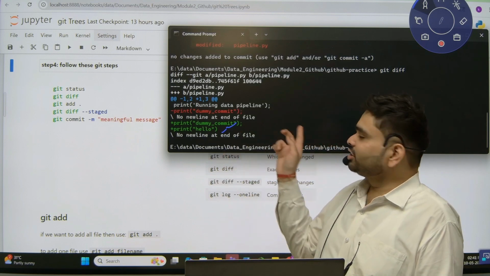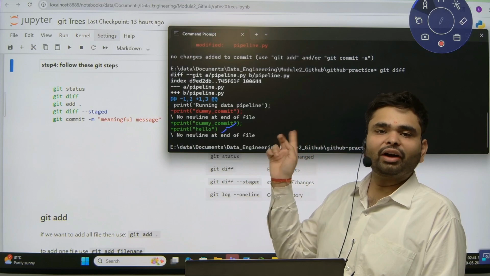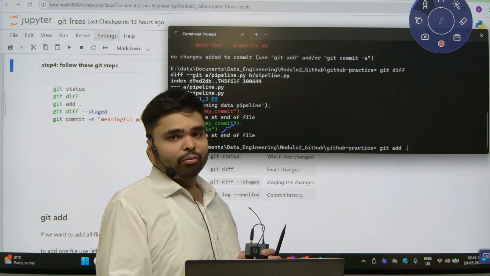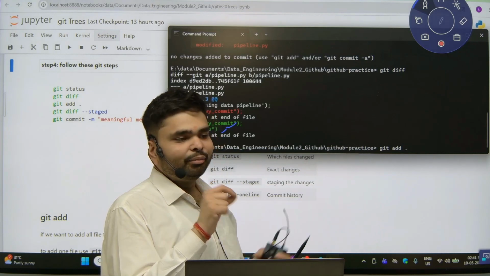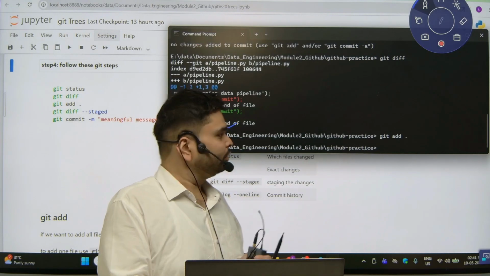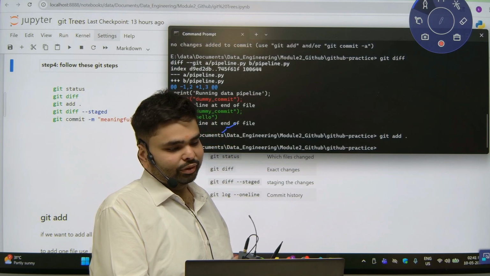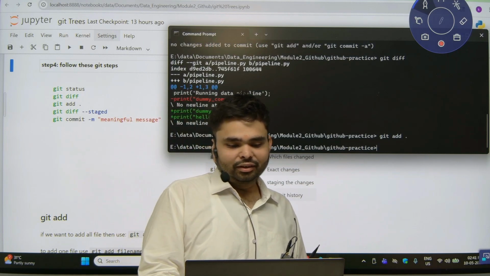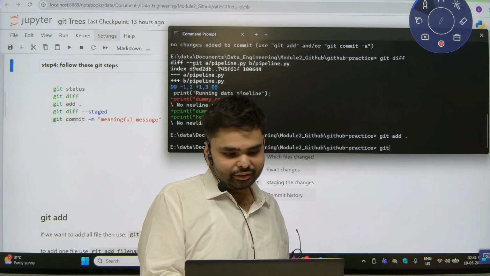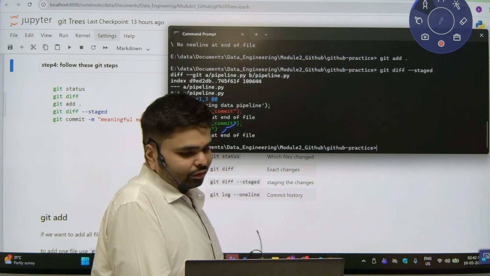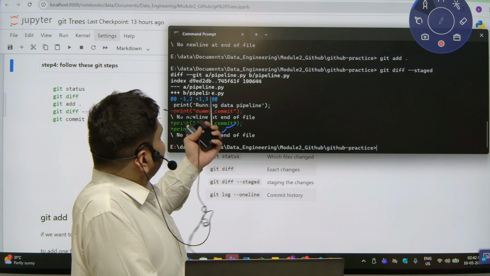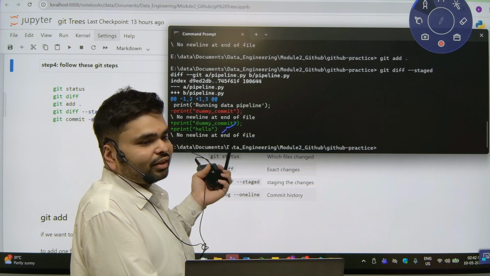With the dot, all the changes will be moved, all the file changes. But if you want to move only one file change, use the file name instead of the dot. Now your file changes have been moved. To check this, use the command git diff --staged. Now you will get to know, yes, your changes are available in the staging area.